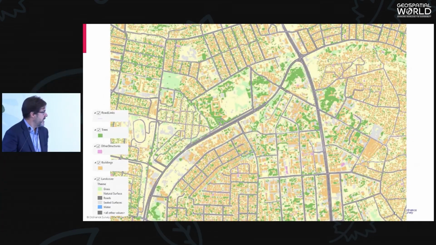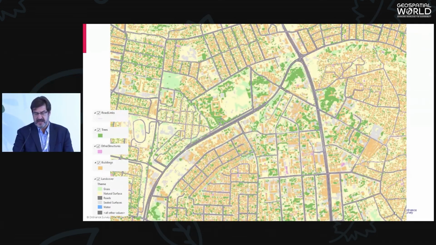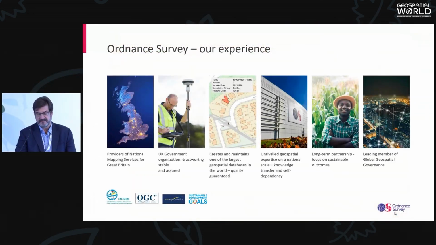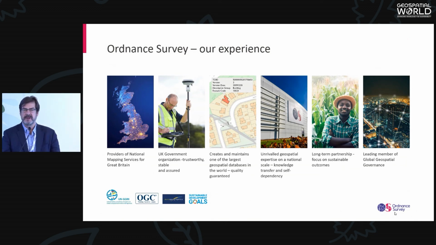So again, just the final output. I think the key, just to finish off, is a little bit about Ordnance Survey. We're the British Government's National Mapping Agency, and have been around for about 230 years. What we do is combine decades of experience and learning with the state-of-the-art technologies and innovation that's available today to present the best end-to-end national mapping process.